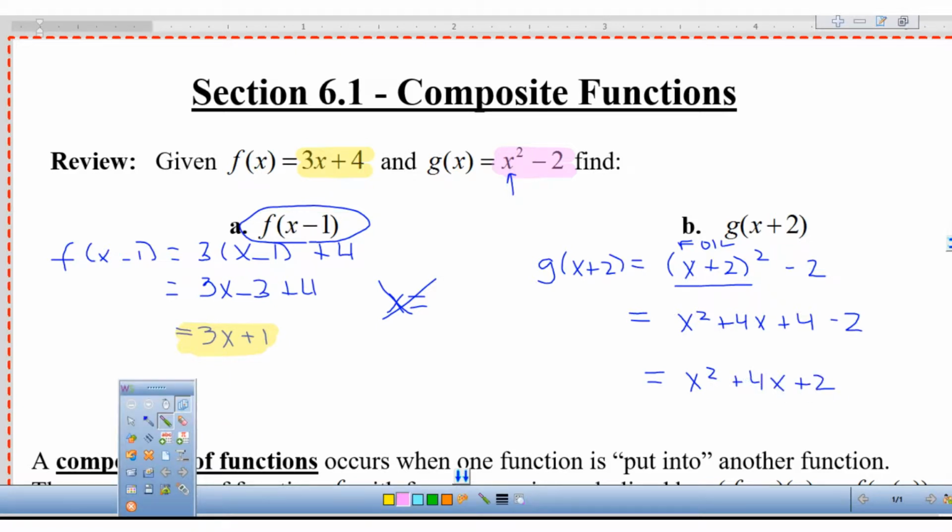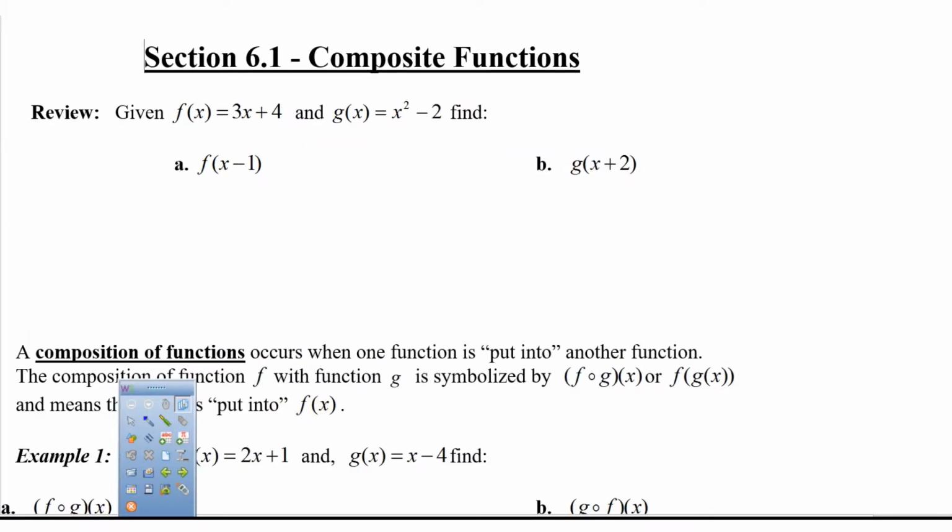I'm not solving for x. I'm seeing what g of x is equal to if x is replaced by x plus 2. So that's it. Okay? Who says got it? Let's see. Okay, pretty simple, right? Okay, let's move on